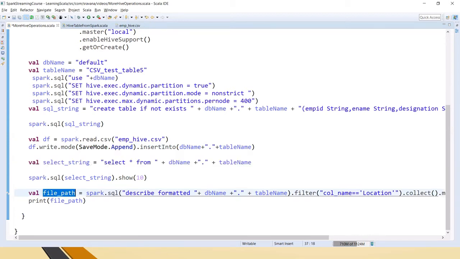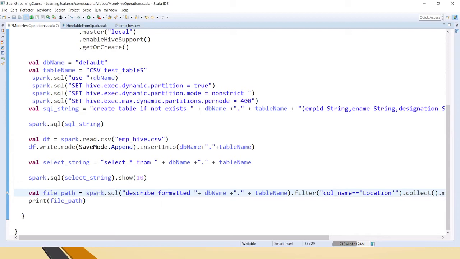And one more thing here: what this particular command does is, for any table from Hive, any Hive table will be built on top of a file. Now if there is a requirement where you need to get the underlying path of the Hive table, it cannot always be the data warehouse path, it can be anywhere. If it is external, it will be somewhere else. If you want to get the underlying path of the Hive table, then you can use this command.